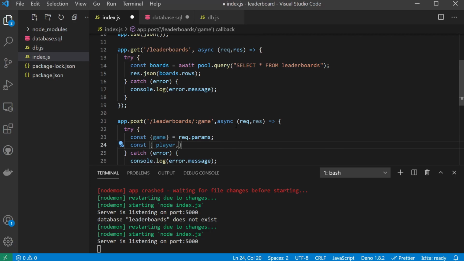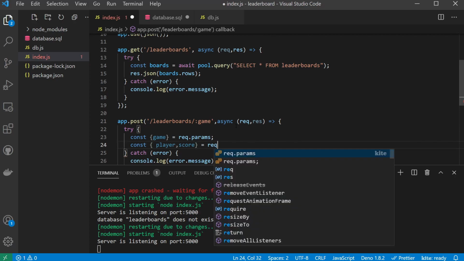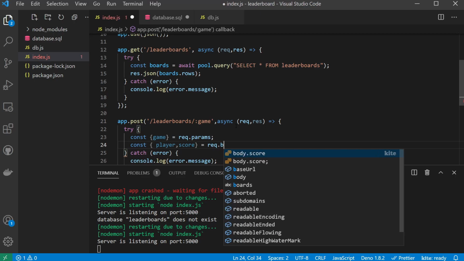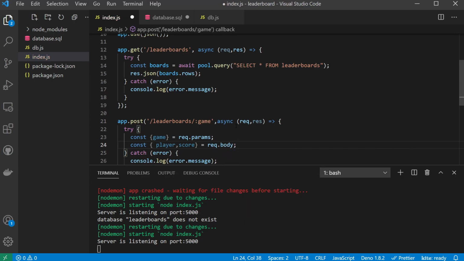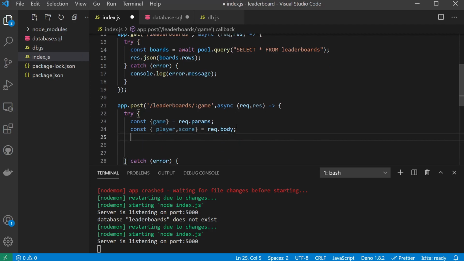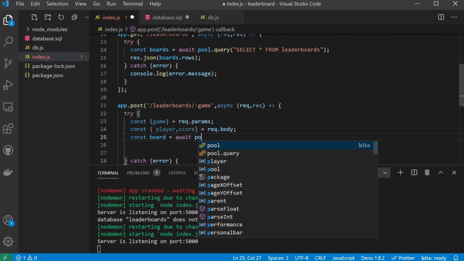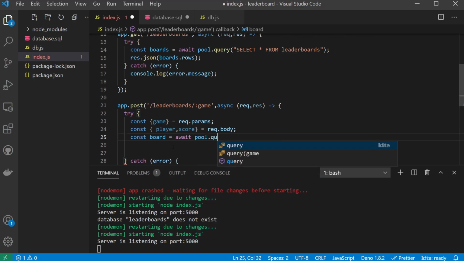So we want to put that inside the body. So we want to make sure that our request body holds them. Okay, so presuming that that's all good, we've got our player and our score in our body, and our game that we've pulled out of our URL up here. Then we can simply do pool.query,